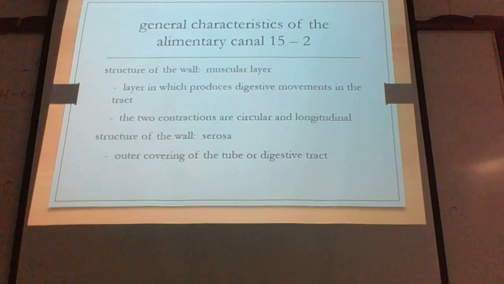Of course, as you can see, circular, just what it means. You're squeezing in a circle, okay? Now, it's not that it's inefficient. It's still, or else we would not move materials in that way. But to aid that movement, not only is it just circular, it's also longitudinal. Okay? So what we mean by that,